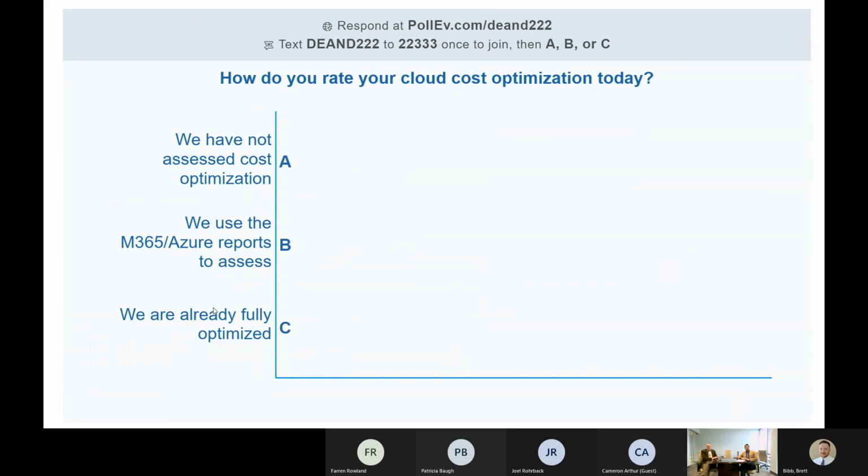There we go. The second poll question, if you would answer that for us: how do you rate your cloud cost optimization today? Just from your perspective and what you know about your organization, where would you rate yourself on the amount of effort or how you've done with your cost optimization in the cloud? So you've not really assessed it, would be A. For B, you use the reports and things that come out of Azure and M365, or you're already fully optimized and you're not the